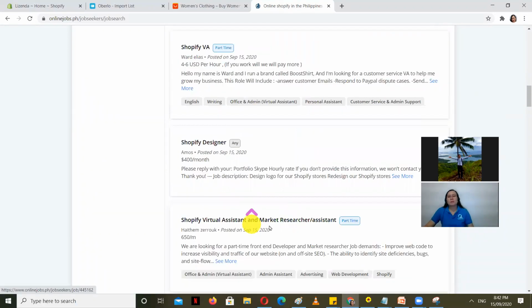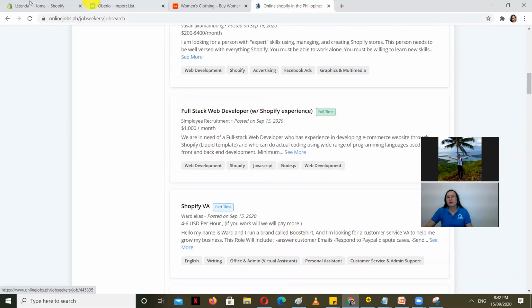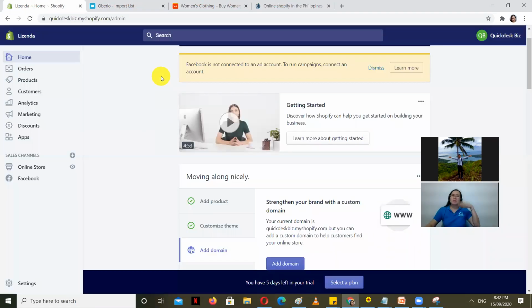So, ano talaga yung mga hiring ng Shopify. So, you have to focus on Shopify. Okay, so not only Shopify, of course, but in other platforms also, in eBay and also in Amazon. Okay, so I will